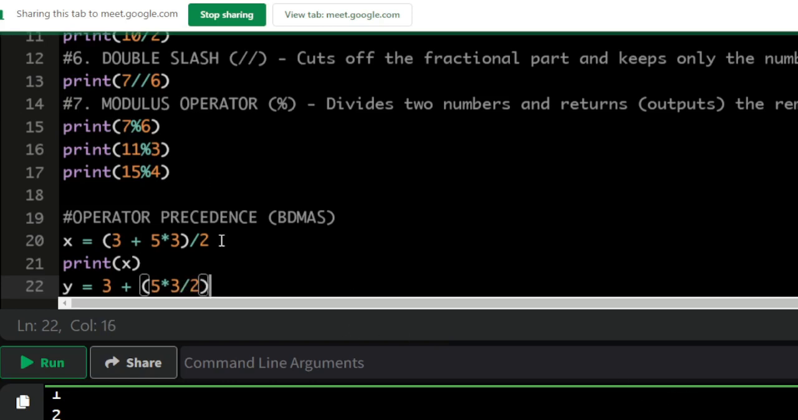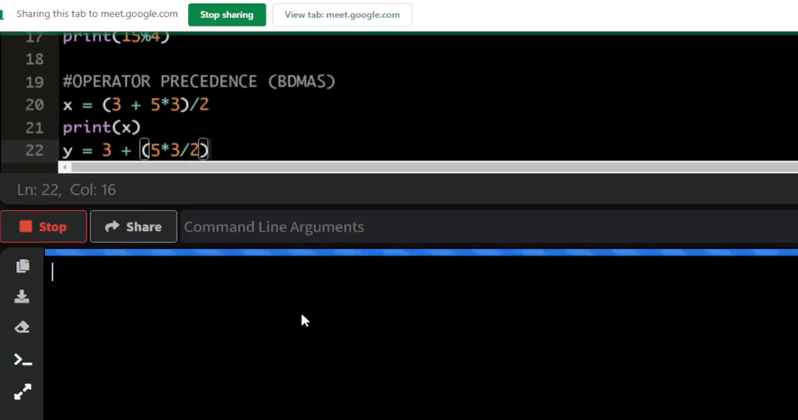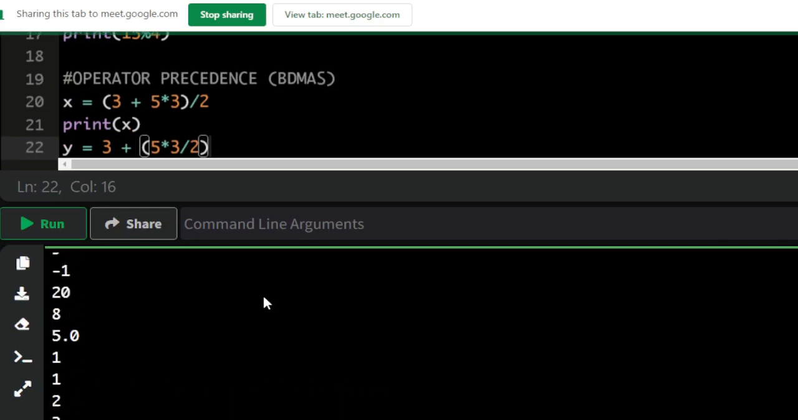Look at this. I'm still using the same 3, 5, 3, 2. I'm still using the same operators, plus, asterisk, division. I'm still using everything the same. The only thing is that I shifted the bracket to the front. I shifted it to the front after plus. See what is going to happen. We are going to get